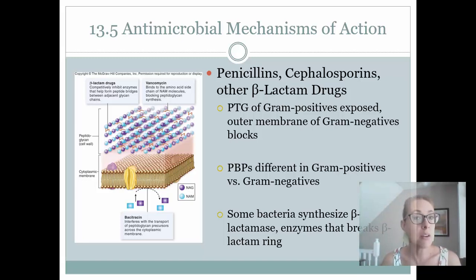Now, we can modify some of these drugs and make them more effective against gram-negative cells, but in general, they're going to be our primary go-to ones if we have a gram-positive infection rather than a gram-negative. Okay, so if you need to go back and listen to that spiel again, make sure that you do that, because we're now going to talk about some of the ways in which bacteria can get around the effects of